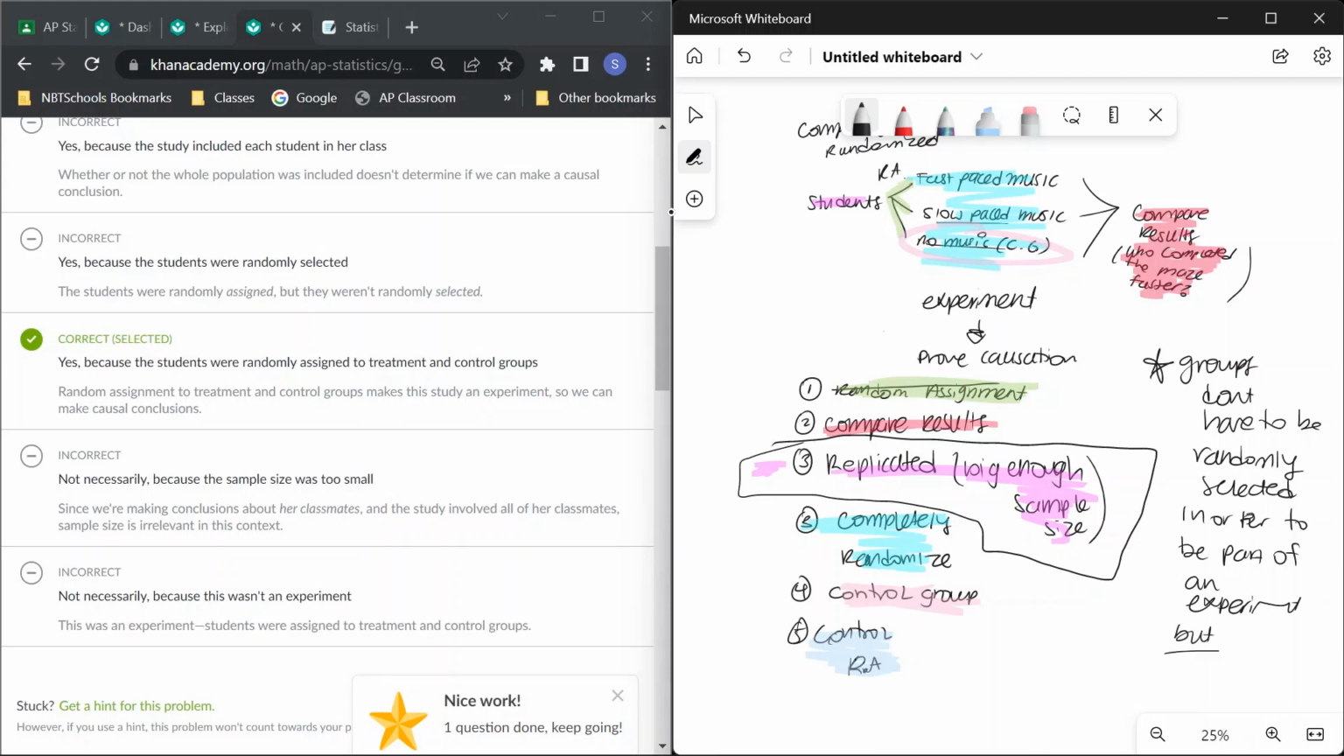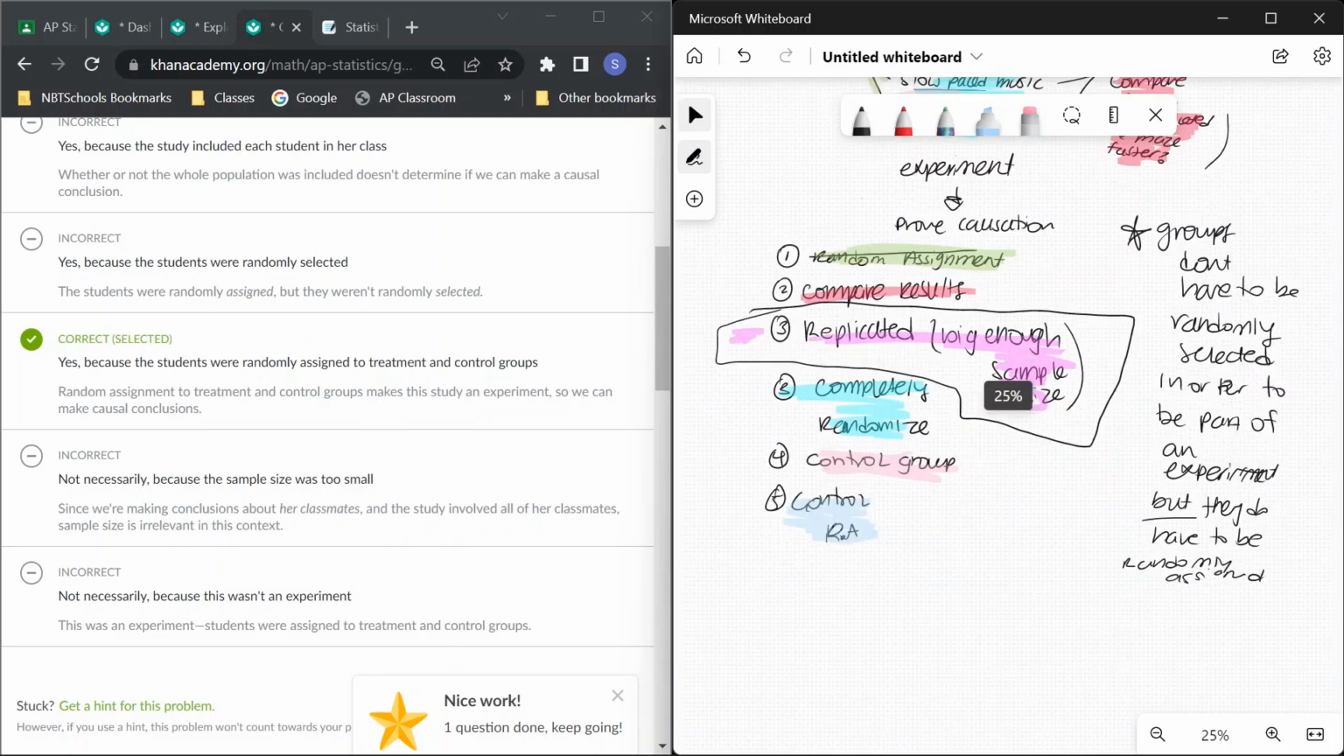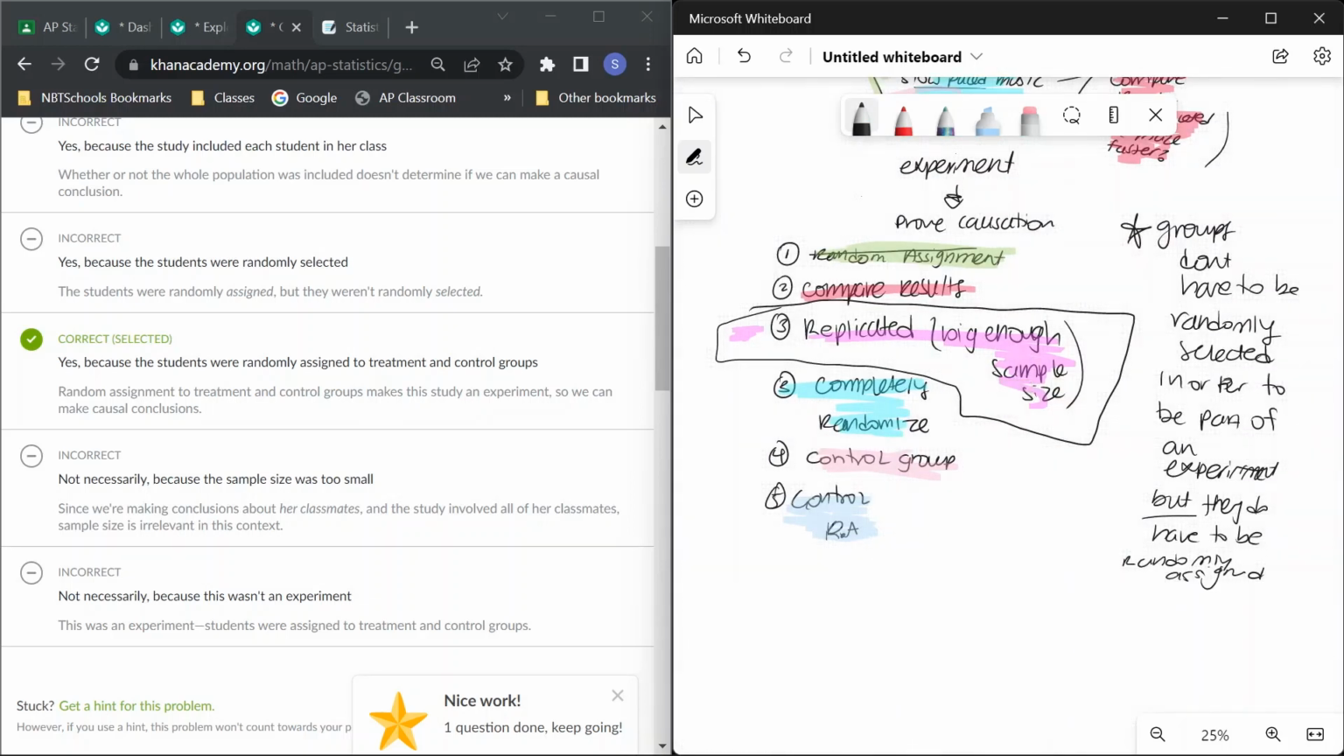But they do have to be randomly assigned. Interesting. So groups don't have to be randomly selected, because that does make sense, right? Because in other problems we had volunteers. Those volunteers weren't randomly selected. They were volunteers, right? But they do have to be randomly assigned in order to be an experiment. So just because they weren't randomly selected doesn't mean that it's not an experiment, but they do have to be